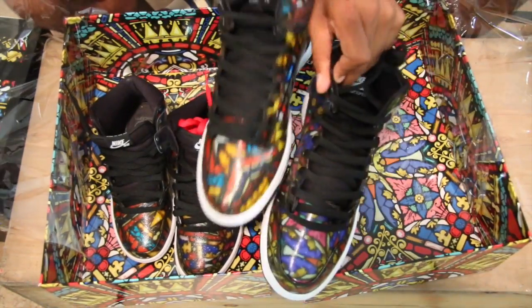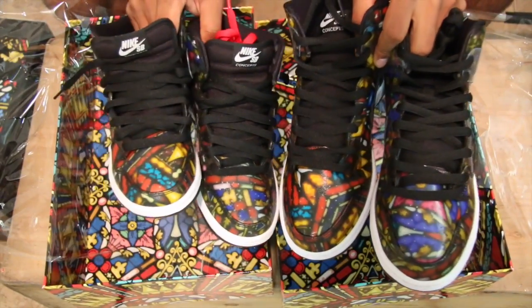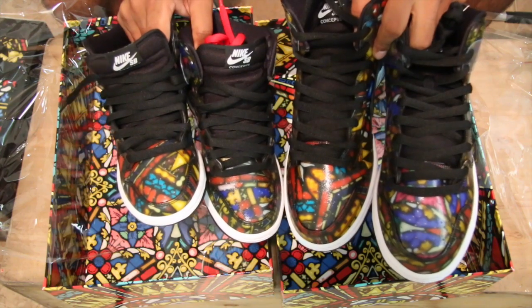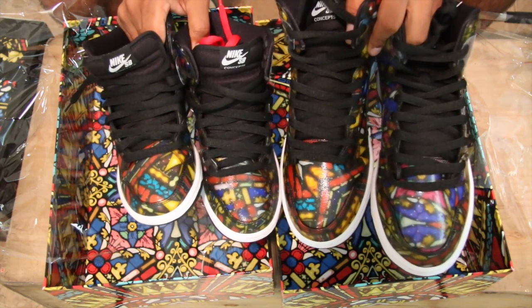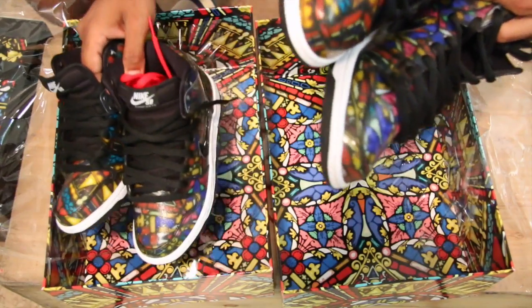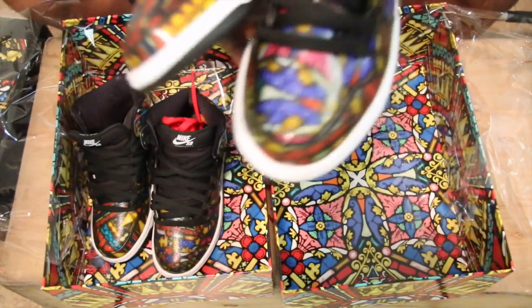Colors are similar, but completely different. So I'll try and give you all 4. So no 2 pairs of shoes are alike. That's why I want to make sure I had 2 pairs of shoes to show you guys. Extremely cool concept. I mean, the larger pair, you could see more of that toe box I was talking about